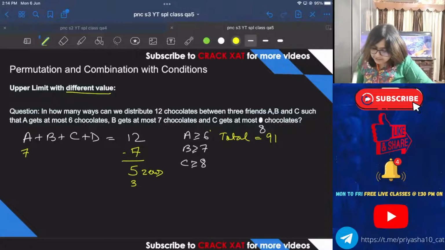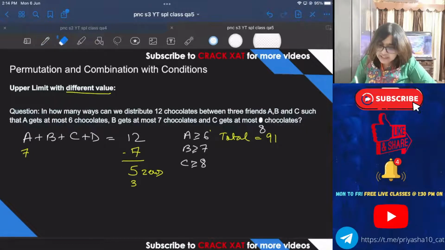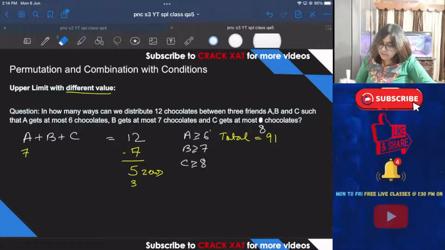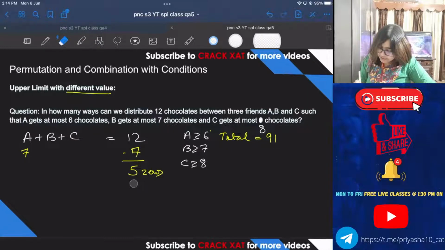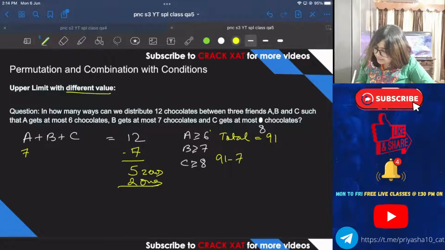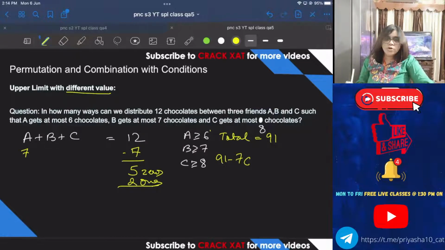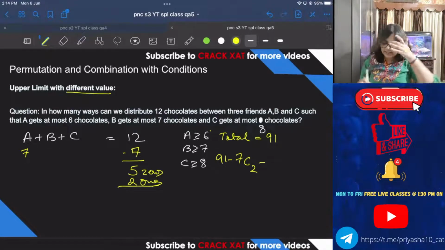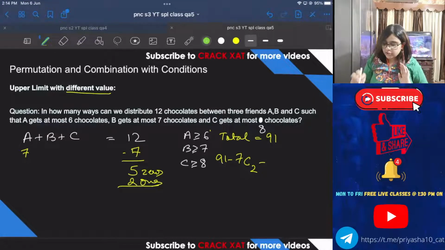मैंने कुछ ज़्यादा लिख दिया है. Yes, I have written a D extra. So I will delete it. Okay. So मेरे पास कितने zeros हो गए तब? 2. I mean 2 ones. I will go for 7. I will do what? 91 minus 7C2, of course 2. Okay, 7C2 माइनस कर दिया. अब कुछ calculate करने की जरूरत नहीं है. I'll go for a different color to show you. Okay,